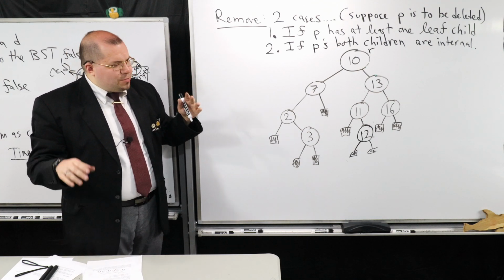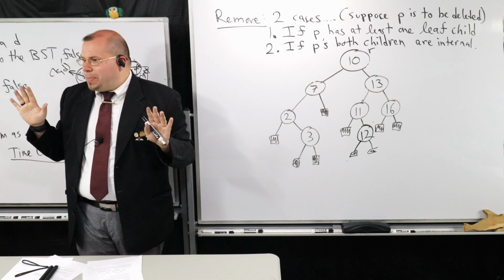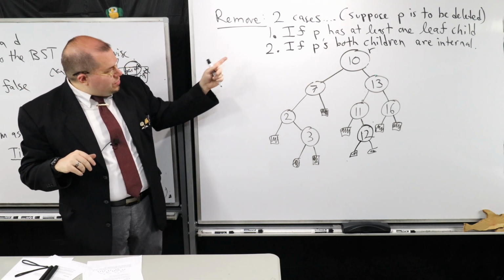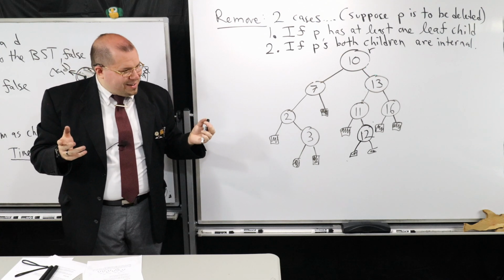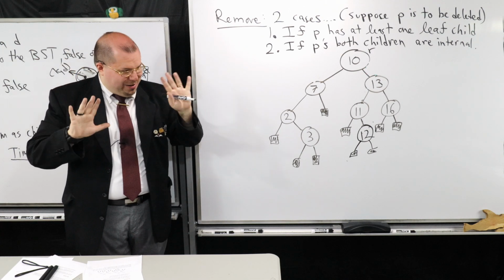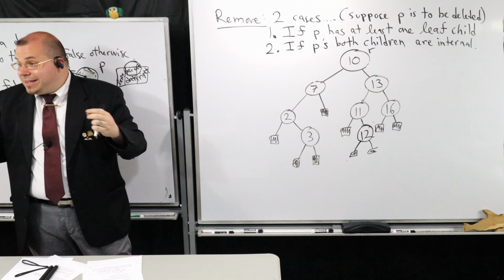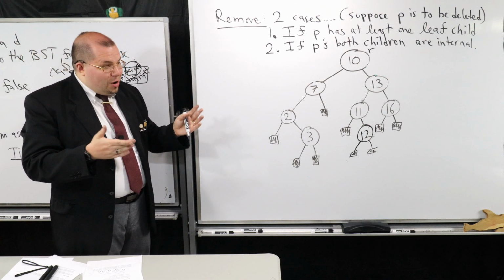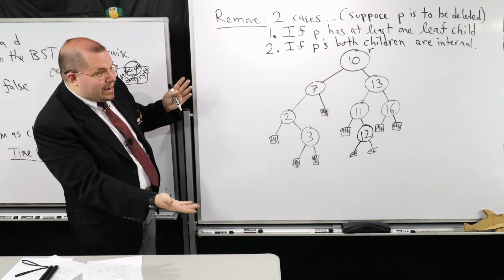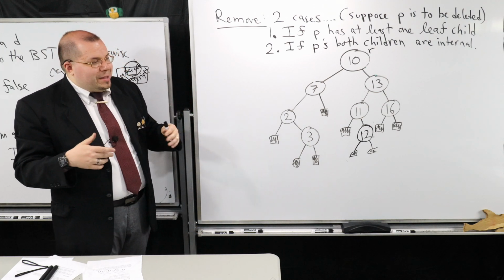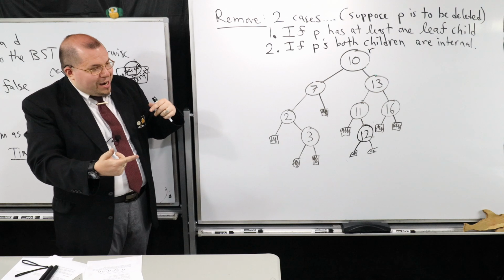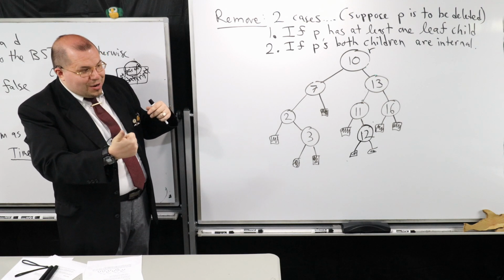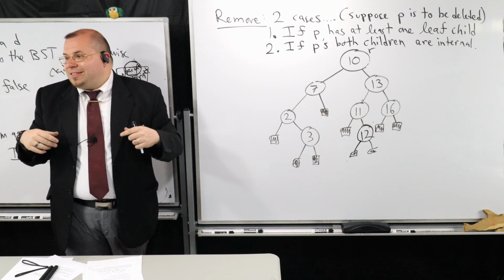That brings me to one interesting observation about binary search trees. At first, number 2 looks a little bit daunting, doesn't it? We know how to do 1 roughly. We'll see the algorithm shortly, but we get the idea, right, everybody? You can simply delete that node along with the leaf node. You can substitute in its place the node that is the other child, because you can guarantee it's either a leaf node or an internal node in its place.